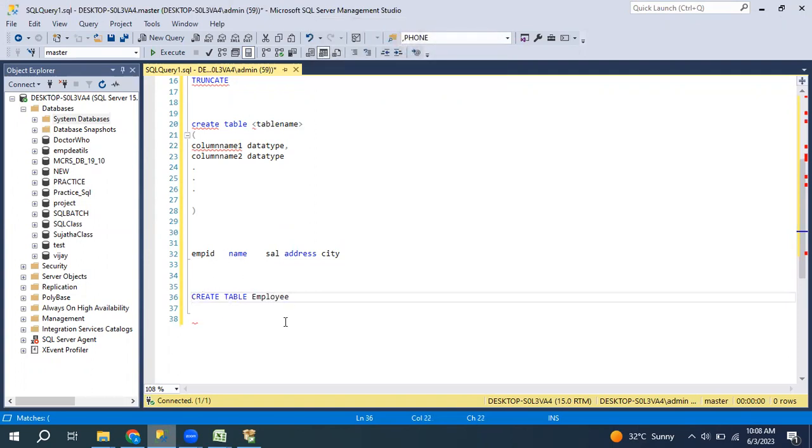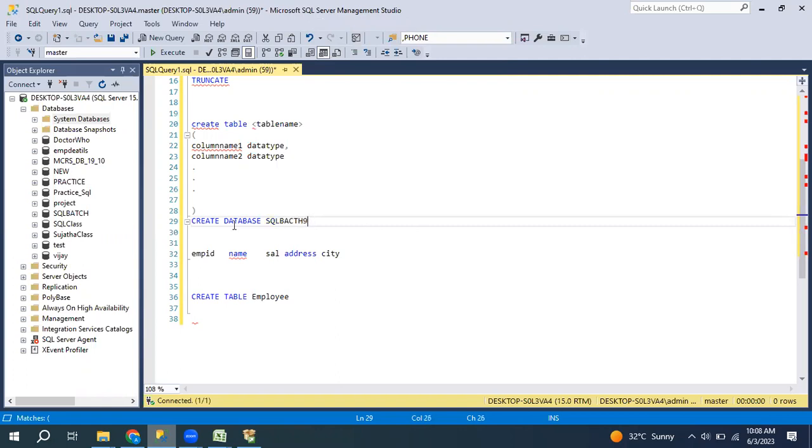So before creating this table, in which database am I going to store it? On the left side, we have multiple databases like Doctor Who, employee details, MCRS, new, a couple of databases. But I need to store the data in a particular database, so I will create database SQL batch 9.